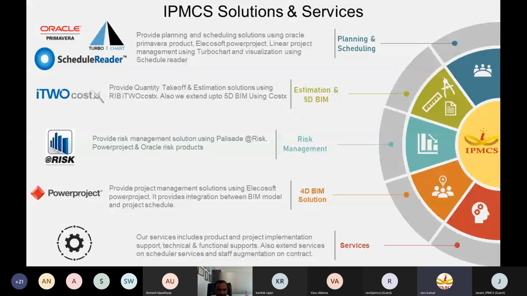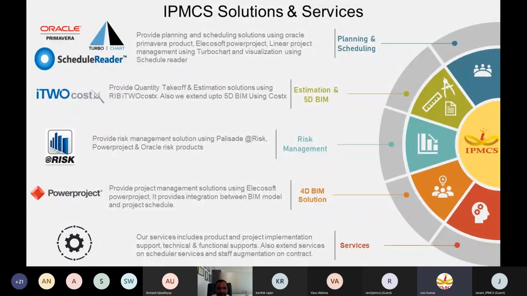A small brief about our solutions and services. Planning and scheduling solutions we provide using Oracle Primavera and Hexagon Power Project. For time location, we provide solutions using TurboChart, and for visualization, we provide solutions using Schedule Reader.